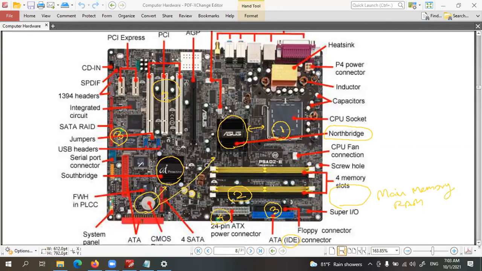Here there's a chip called ROM, read-only memory. So this battery will supply power to these microchips to keep basic instructions.